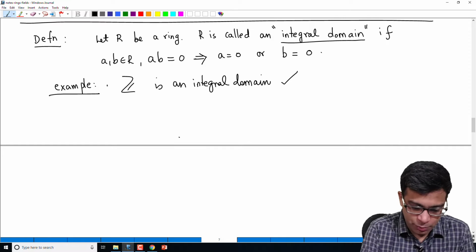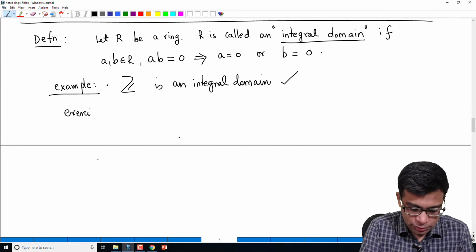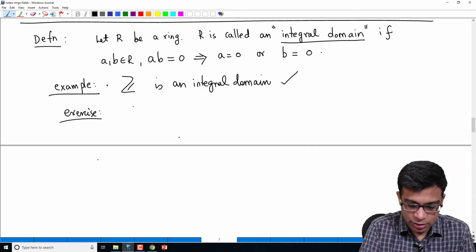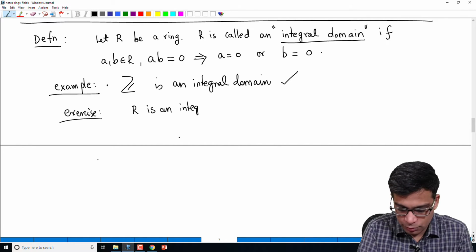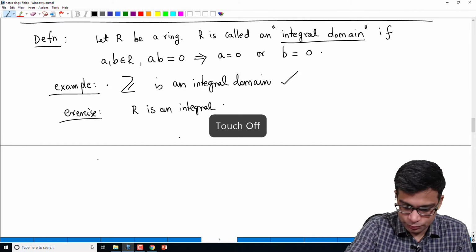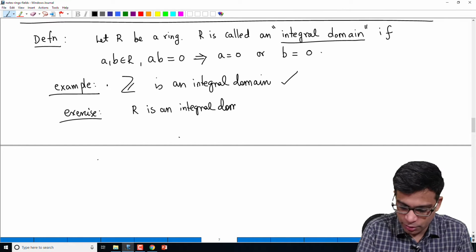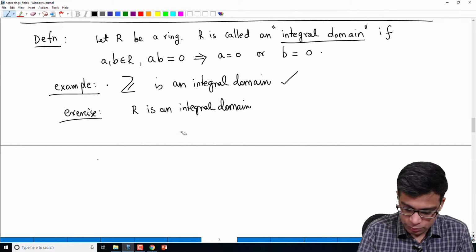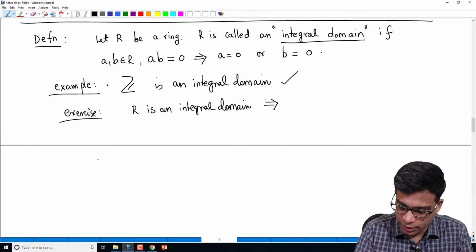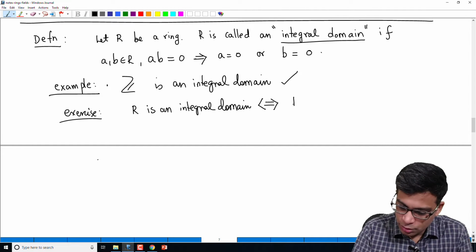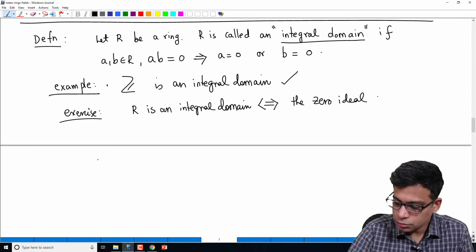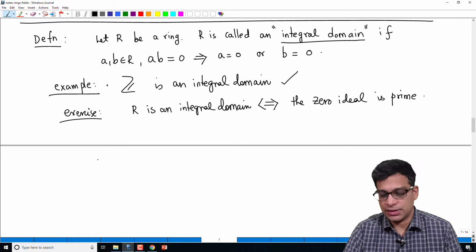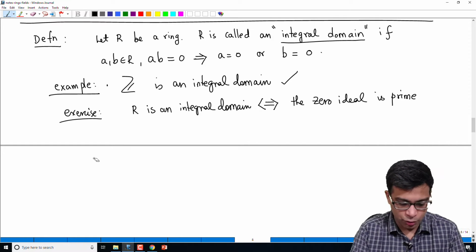So it's a simple exercise to verify that R is an integral domain if and only if the 0 ideal is prime. This is a very simple exercise that I will let you work out,